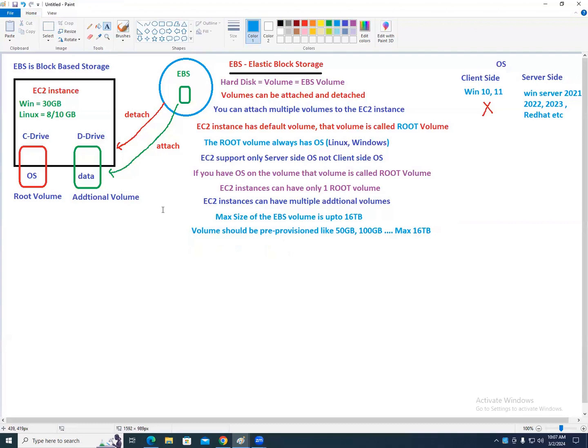Tell me, do you need to pay for 100 GB or 500 GB? 100 or 500?